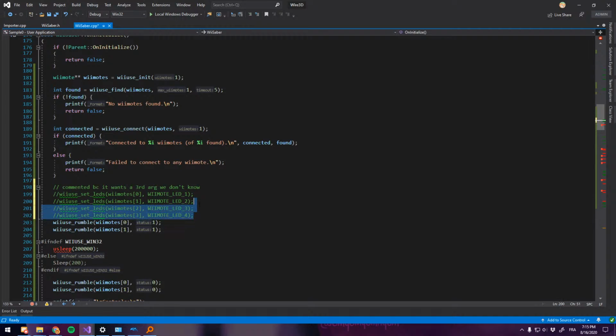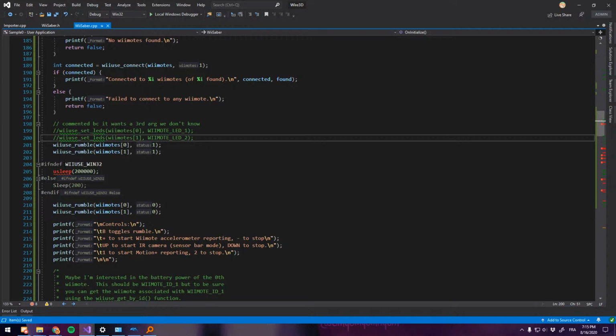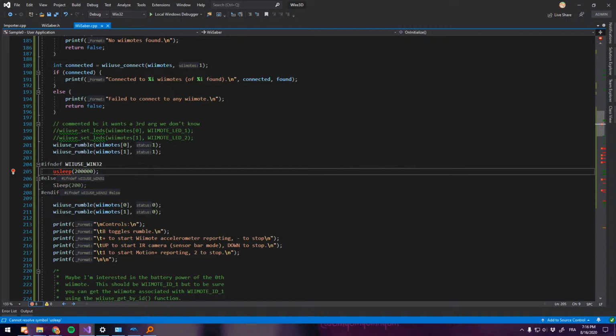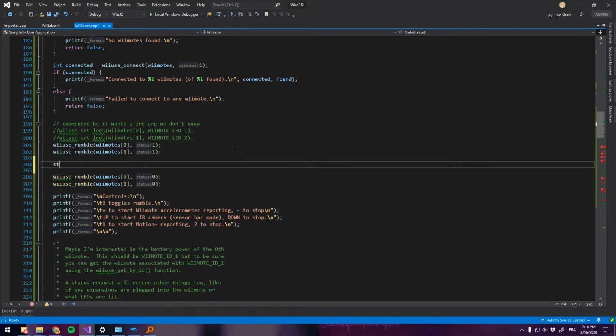Okay, and since we only have 2 Wiimotes, let's do that. Okay, if we use Win32, okay. Oh, that's just, okay. So std this thread Sleep. Let's not set the rumbles, I guess. Or, well,